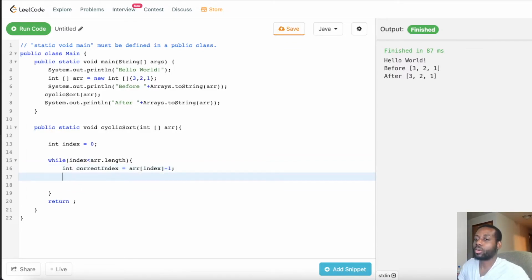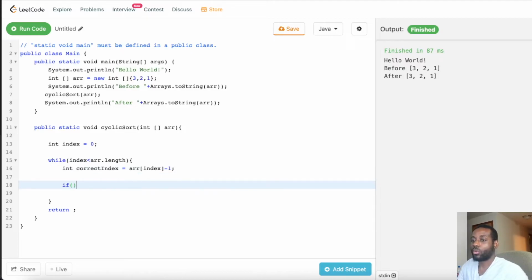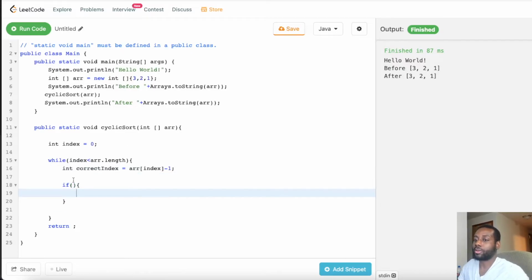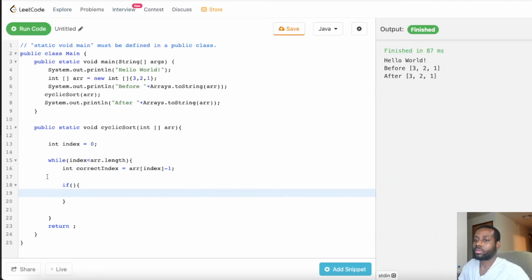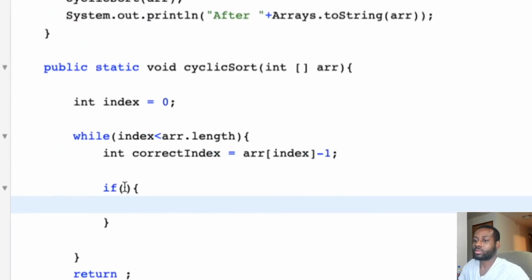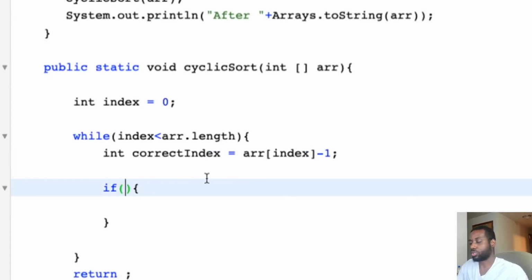Okay, so after we do that, guys, we're going to do two checks. Let me zoom in real quick. All right, so now we're going to do a simple check. The check is going to be very simple. We're going to check if the array at the correct index is not equal